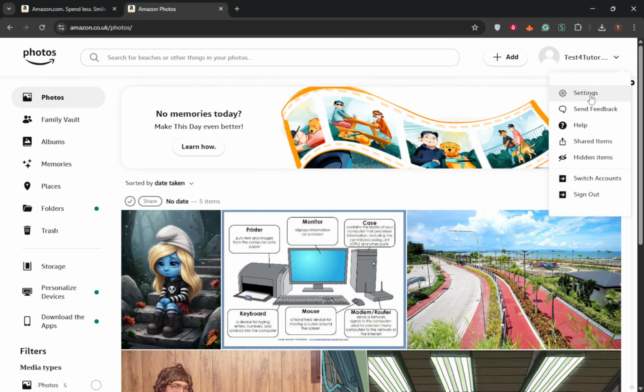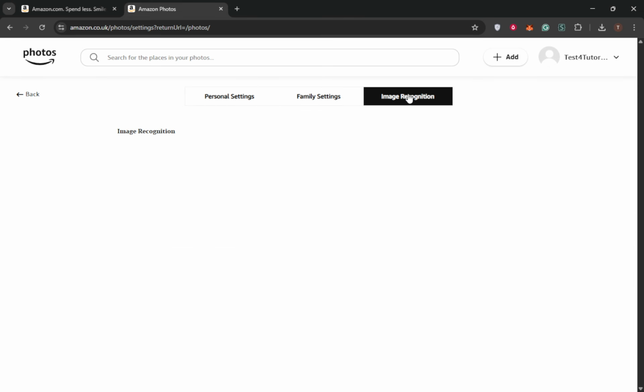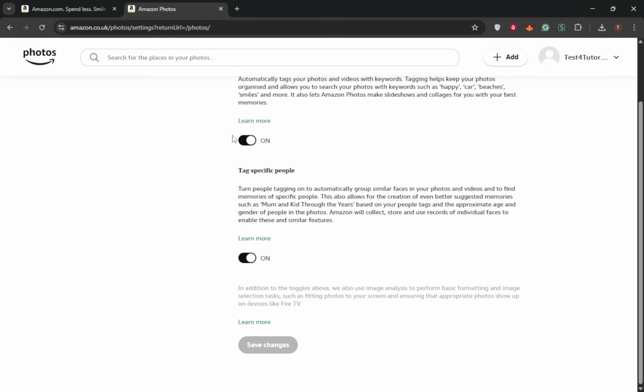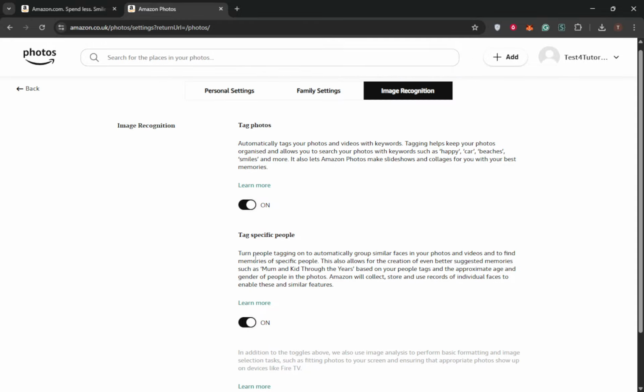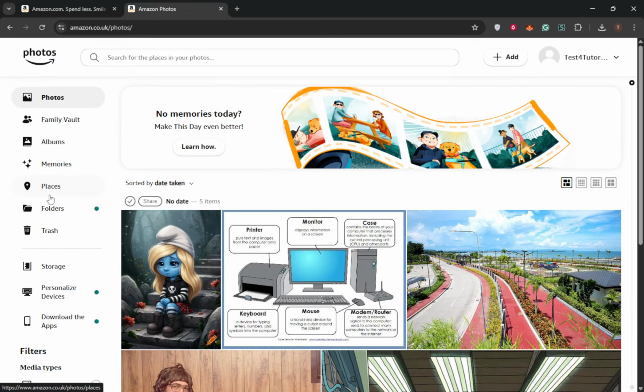actually return meaningful results. If you're using the Amazon Photos app on your phone or tablet, open Settings and find Image Recognition. In there, confirm that Tag Photos and Tag Specific People are turned on. These options tell Amazon Photos to scan your library and automatically apply smart tags for faces, locations, actions, and common